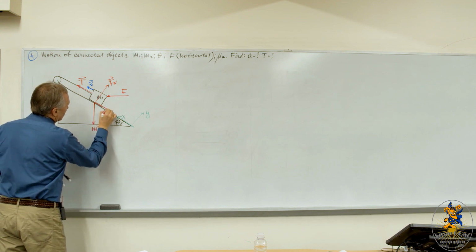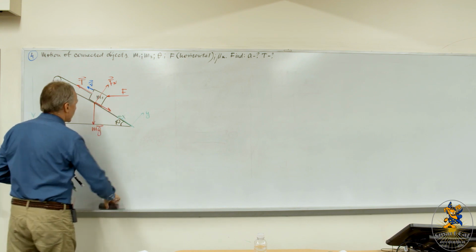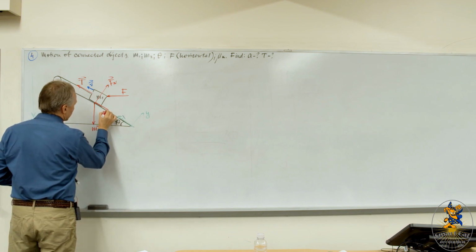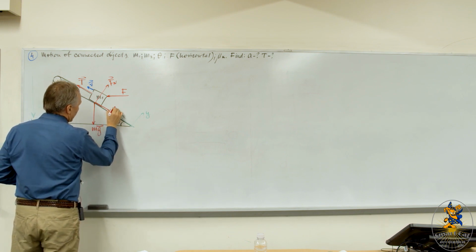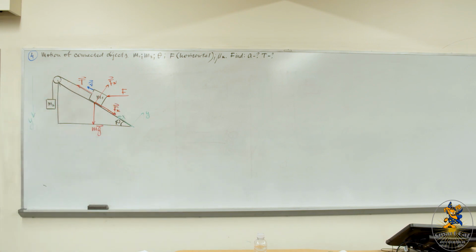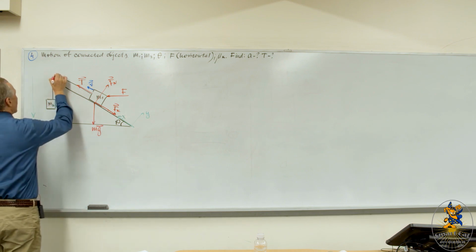Let me make this force slightly longer. F kinetic. Because it's still possible. Velocity. Okay, let's assume that velocity is that way. Accelerating or decelerating, but anyway, let's assume the whole system is moving this way,